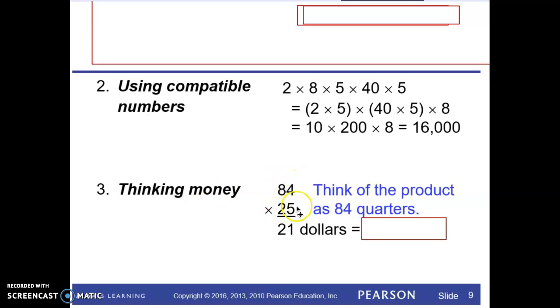And these are not really quarters, right? These are cents, 25 cents. 25 times 84, I've got to think about that in cents. So $21 would be 2,100 cents because each dollar is worth 100